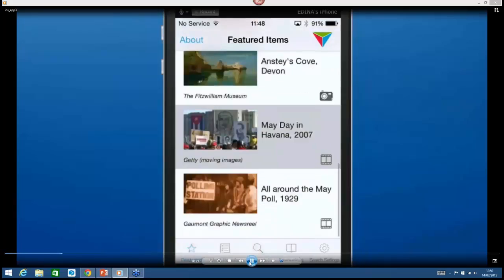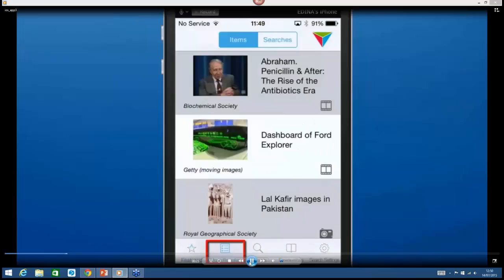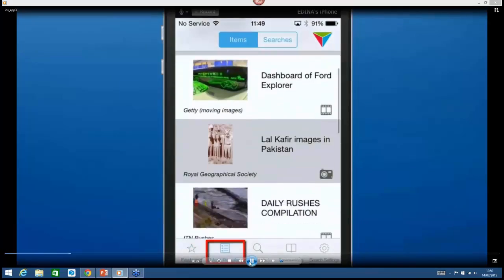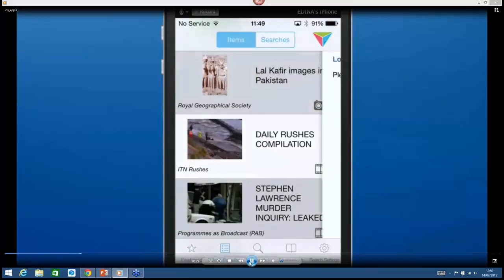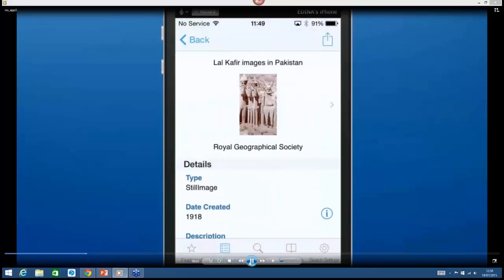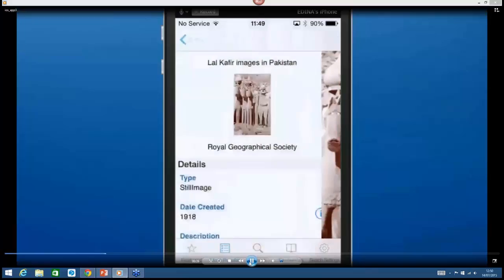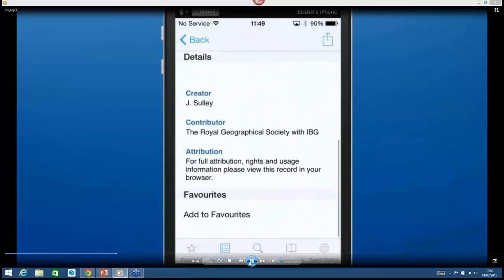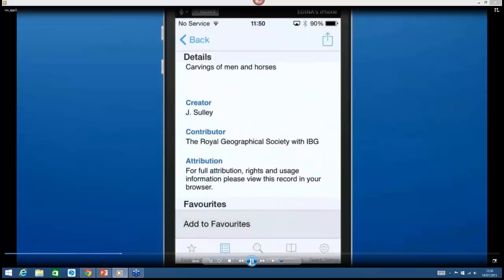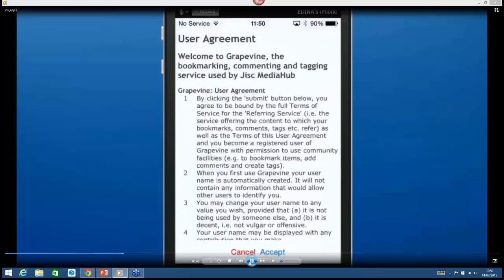And sort of browsing through that, and now the most popular list, and again you can see these are last month's lists, which is when we shot our videos very excitedly. When you go into an item, the preview image shows up there. If you tap on it, it will show you a bigger preview that you can have a good browse of. And if you scroll down that record, you can see it's telling you what type of item it is, who created it, where it's from, and if you click Add